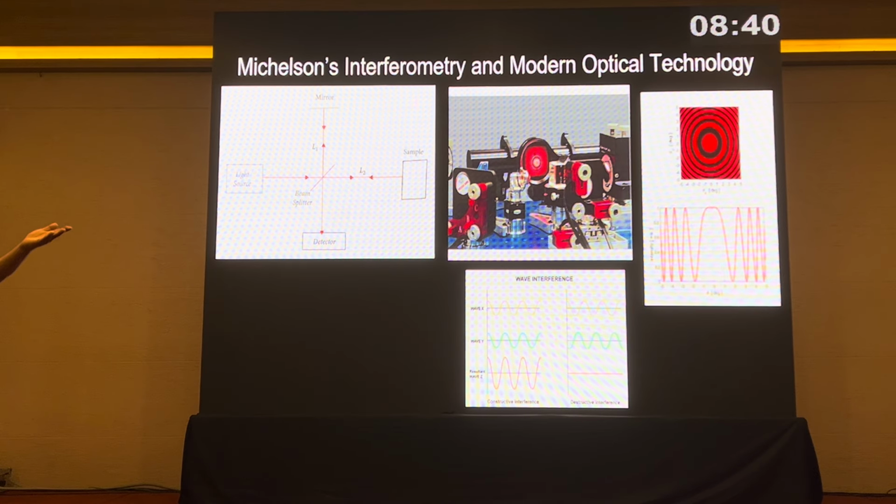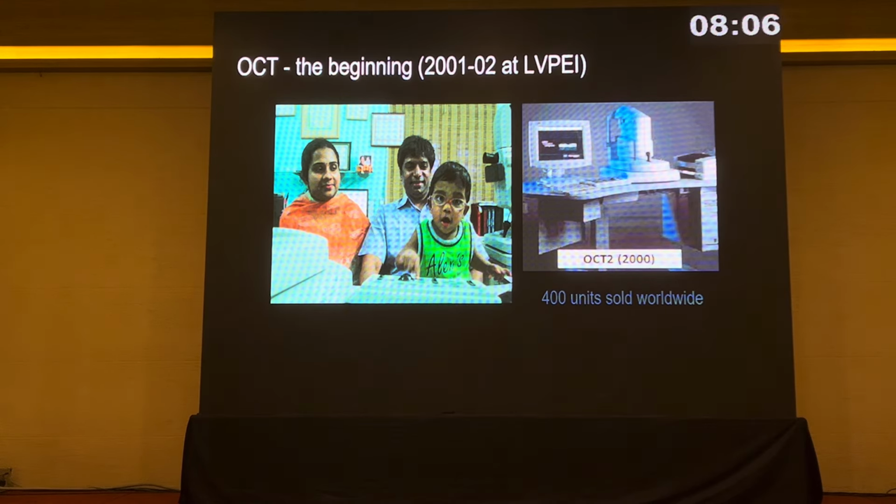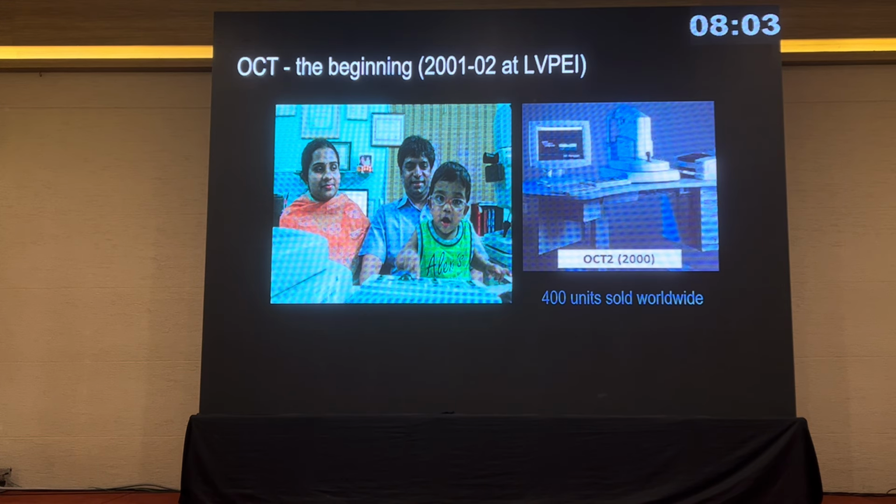LIGO, the Laser Interferometer Gravitational-wave Observatory, with one of its facilities coming up in India, in Pune, uses the interferometer. And we as ophthalmologists use it every day. Every OCT image that we see took life from that most brilliant failure in science. And in OCT, we replace this mirror with the retina, and the interference fringes carry all the important information about the depth profile and reflectivity of the various layers of the retina through multiple A-scans, and then we get an optical biopsy.